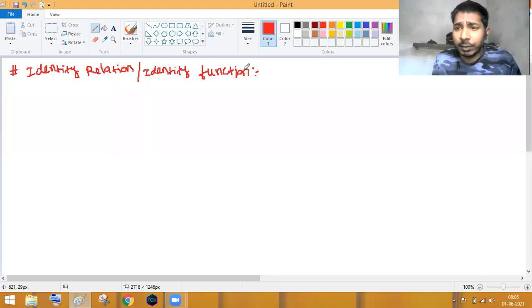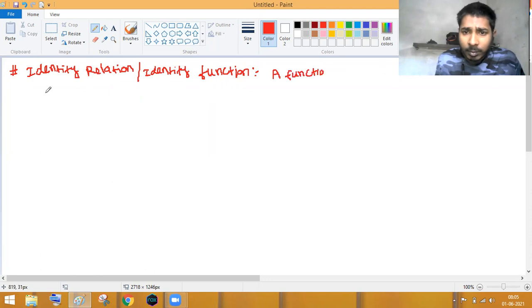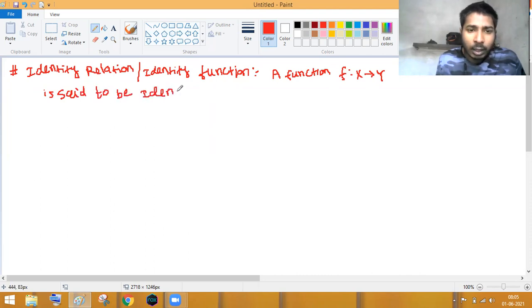So if you define the identity function, then we can say that that is also an identity relation. What is the meaning of identity relation basically? If you define the identity relation or function, a function f such that x to y is said to be an identity function